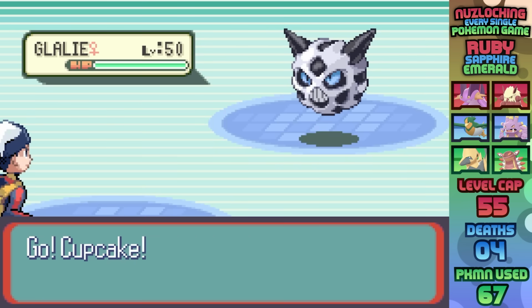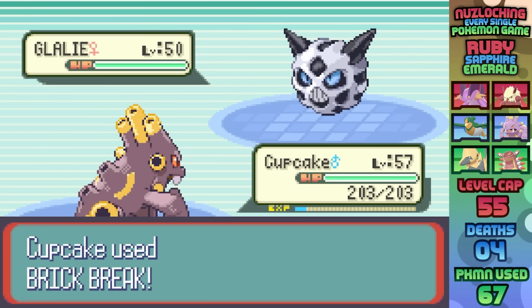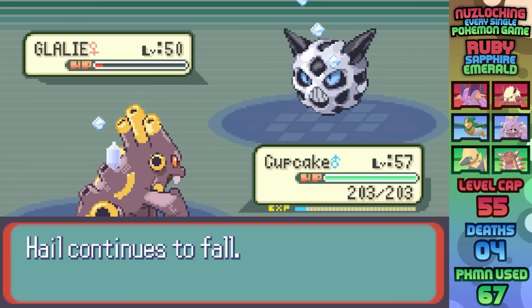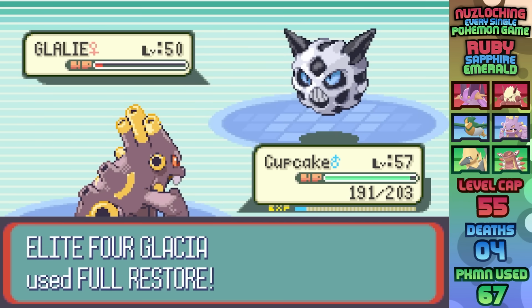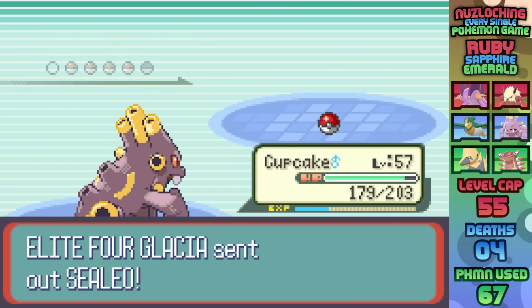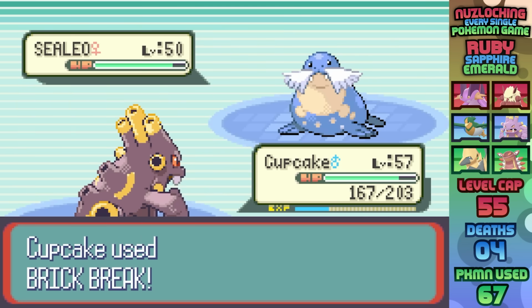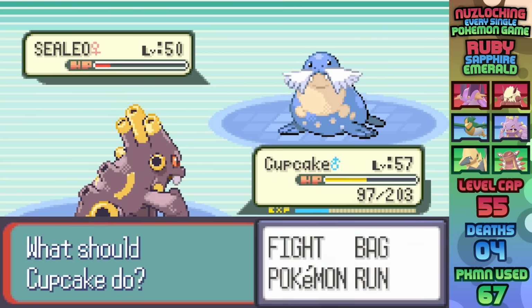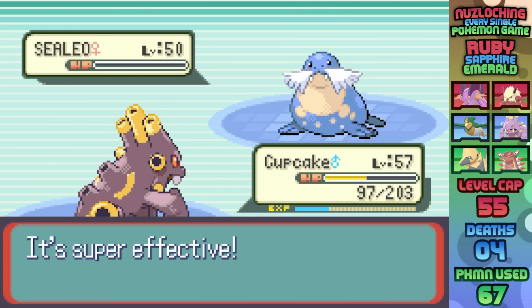She leads Glalie and I'm running for Brick Break immediately, but of course we're just shy of a KO as per usual, letting Hail get set up and taking chip damage along the way, though Glacia does burn through one of her Hyper Potions, letting Exploud take the point after 3 turns of Hail damage. Castform's in next, who takes the same damn amount of damage from Brick Break, barely surviving and hitting a Surf that in combination with Hail takes Exploud down to below half, but a second Brick Break ends it,